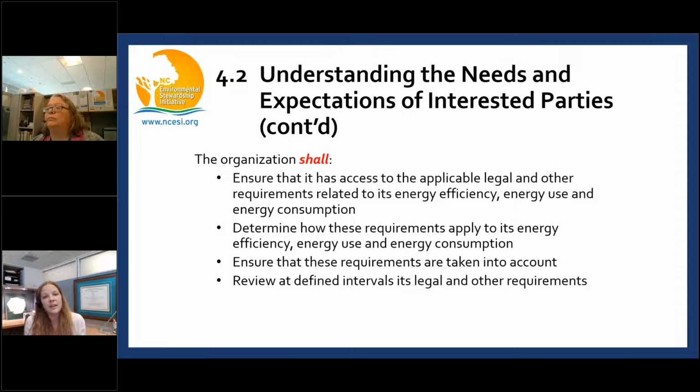So consider, you're like, I considered it, but I'm not going to do anything about it. I thought about it, but I decided it's not necessary. Whereas take into account, you have to think about it and you have to make sure that you do something about it. So in this line, it says ensure that the requirements are taken into account. So you have to do something about it.